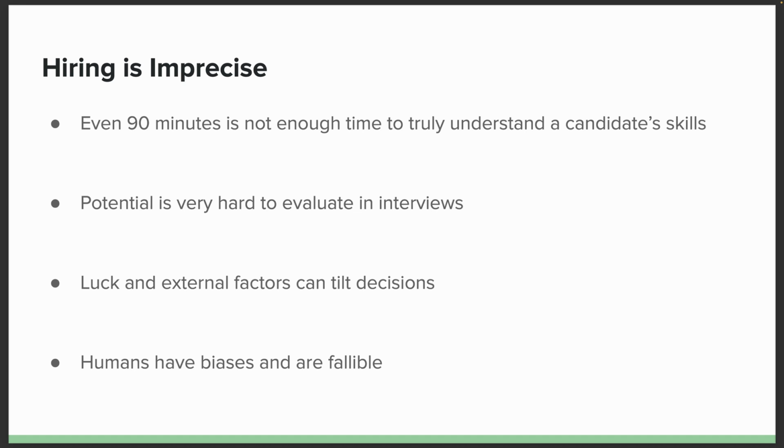And the last is that humans have biases and are fallible. As much as any company might invest effort in trying to make the interview process rigorous and reproducible and fair and eliminate bias and what have you, there is no way that you can get a totally unbiased evaluation. Humans just are fallible. They sometimes make the wrong decision, and there's no getting around it, right? We can make lots of efforts to reduce biases, and part of the reason for having, say, multiple interviewers is to try to smooth out the fact that humans are fallible, and we can collectively do better than any one individual, but there's no perfect solution here.